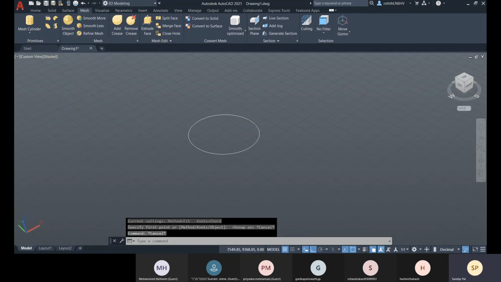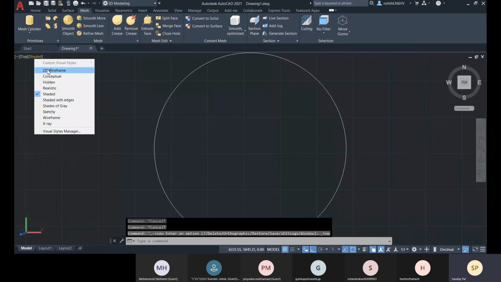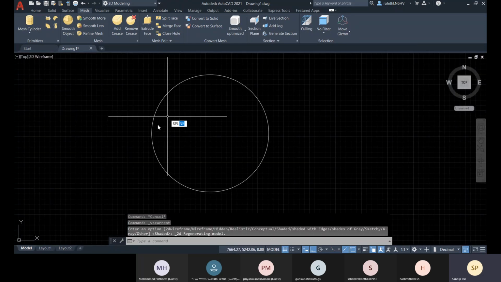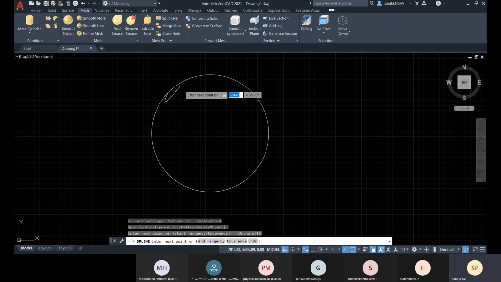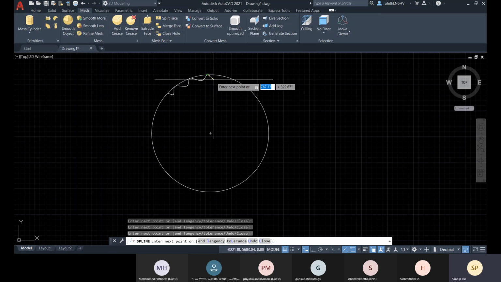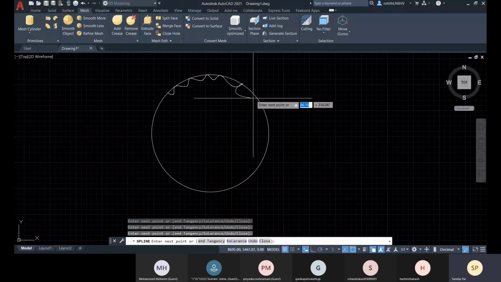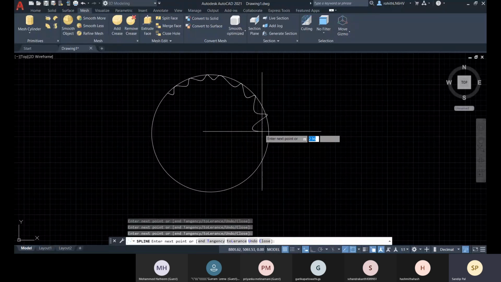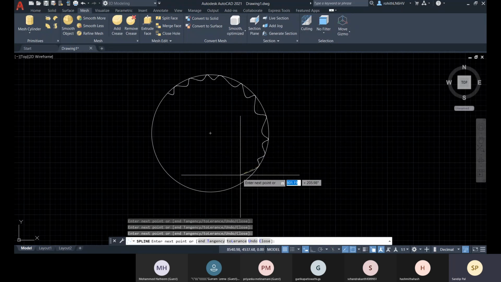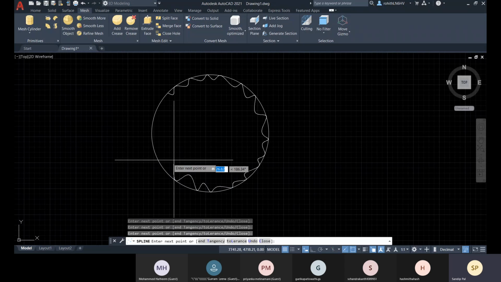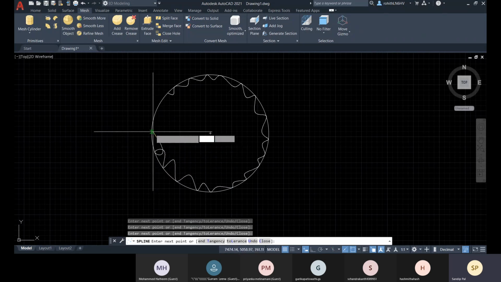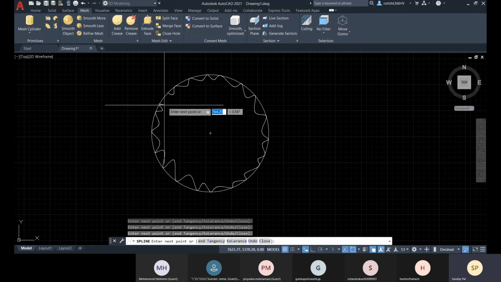Let me go from top view. Let me create from top view, 2D wireframe, spline. And let me close it.